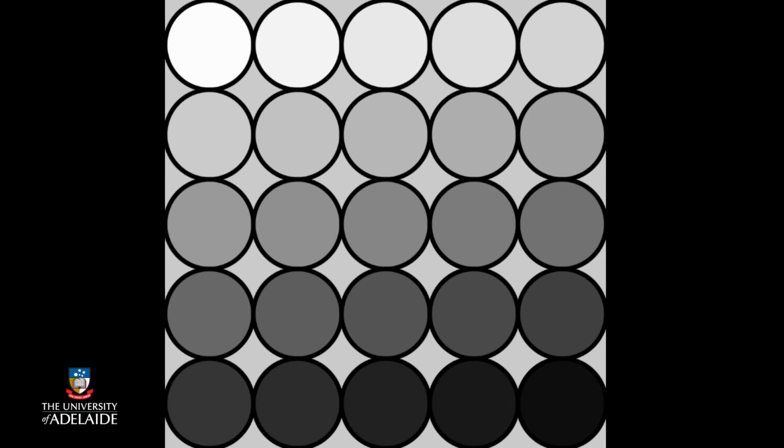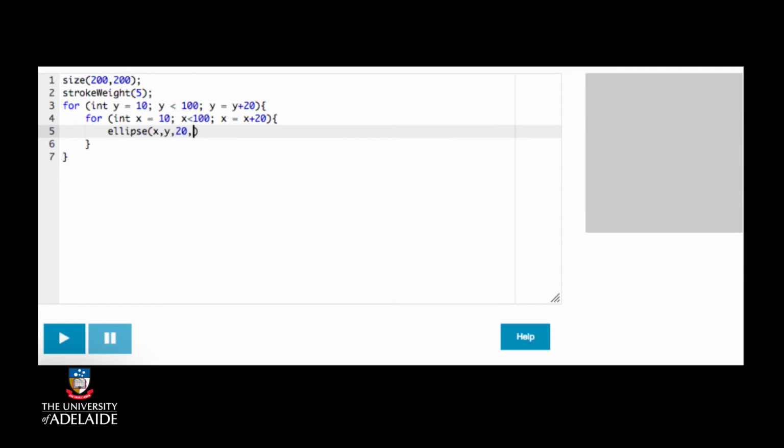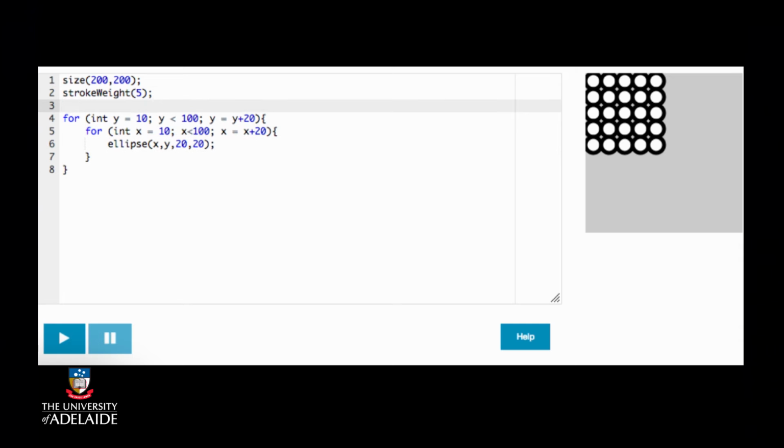Say we wanted to draw a 5 by 5 grid of circles, let's say a radius of 10, that are filled with all shades of gray, starting from white and ending up at dark gray. Similar to how we drew the points before, we will use a nested for loop, but instead of the points, we will draw ellipses such as this one. Now, all of these ellipses are white, so what we will do now is draw them in increasingly darker colors, starting from white. Remember, a fill of 255 gives us white, and then darkening to the color by decreasing from